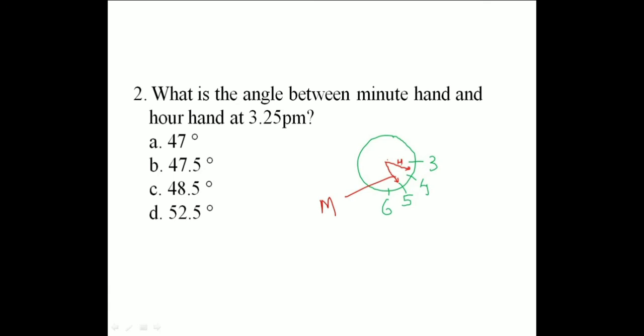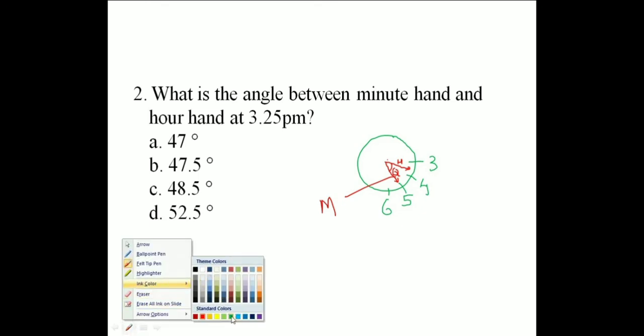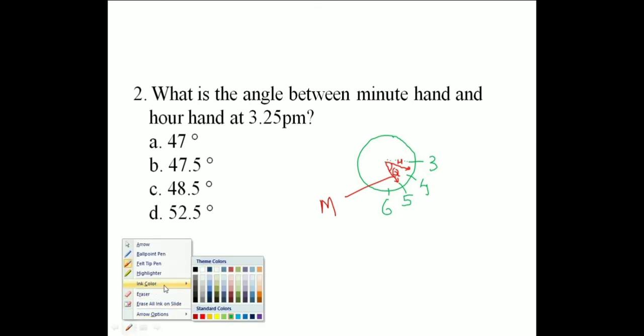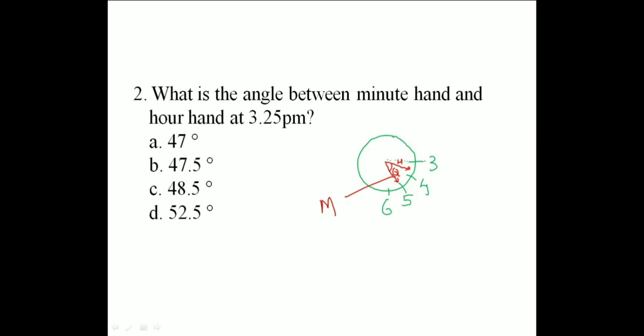So we have to find this angle. We know that the hour hand is between 3 and 4, and the minute hand points exactly at 5, which means the angle is less than 60. 3 to 4 is 30, 4 to 5 is 30, so total 60, which means 60 minus, we have to subtract the angle in between 3 and 4. 60 minus, where is the minute hand? At 5. 5 means how many minutes? 25, right? So 60 minus 25 by 2.